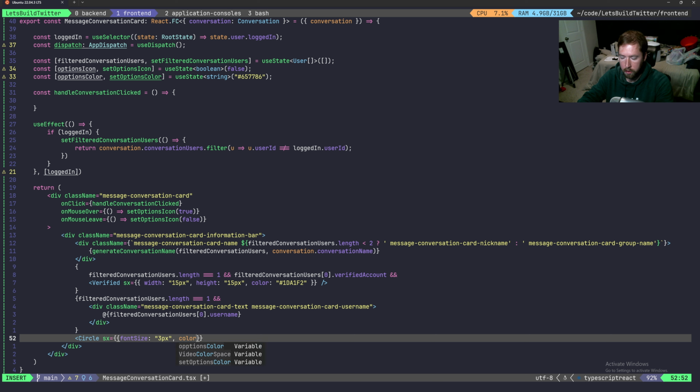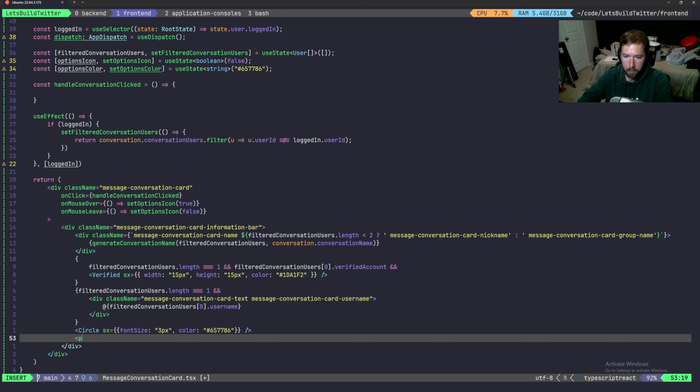Anyway, font size will be 3, and color will be #657786. Go ahead and close that off. And then underneath this, we'll have a P, the class name equal to message-conversation-card-text once again. And this is going to just say Sept 12 or 20 or whatever. It doesn't really matter what it says, because